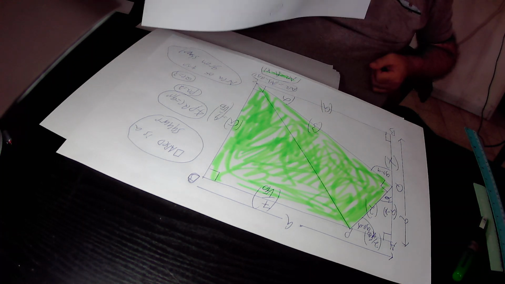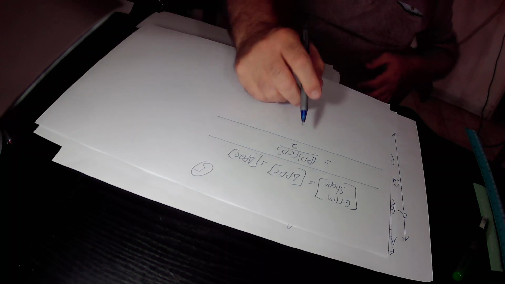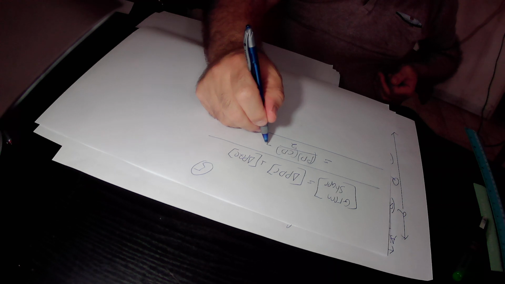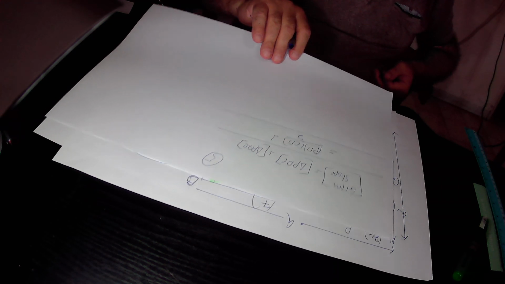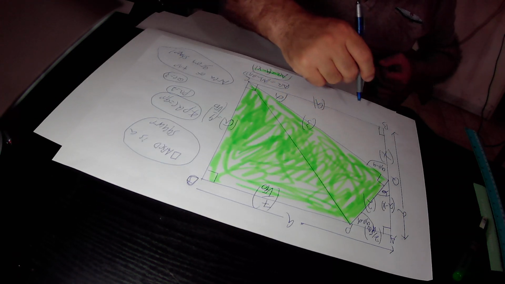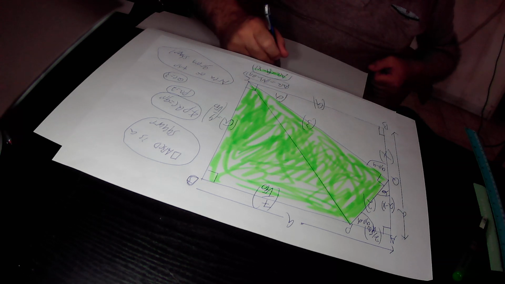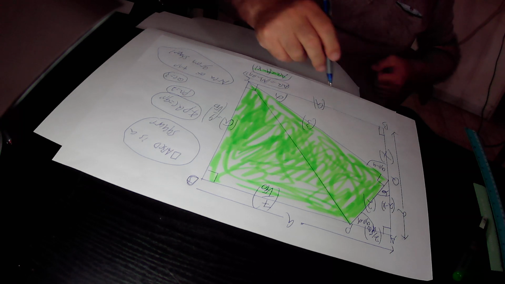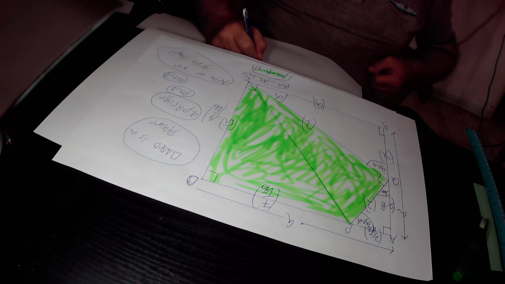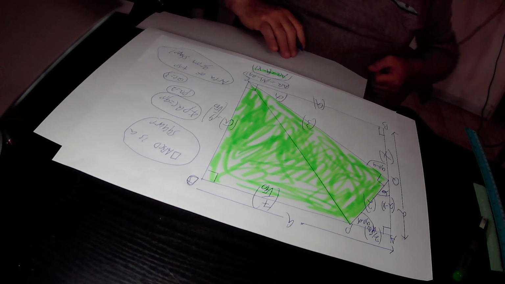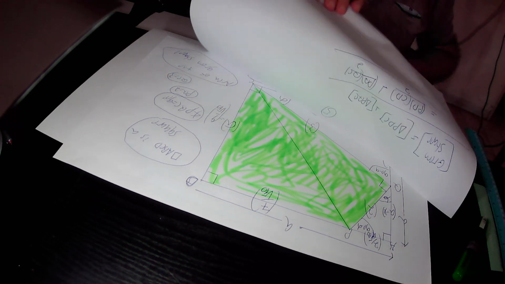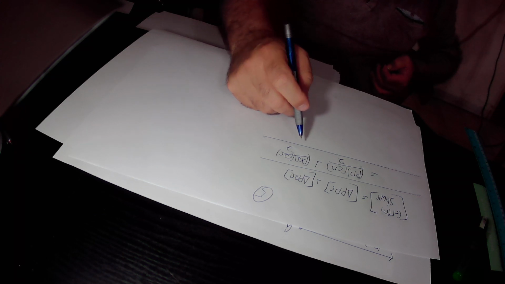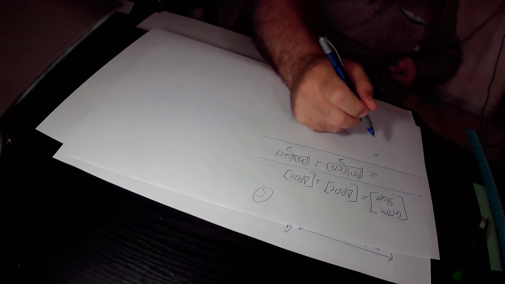And again, the area of the right triangle PDC equals the base PD times the height CD over 2, plus the area of the right triangle PQC. What is the area of the right triangle PQC? It equals the base, that is PQ, times the height, that is QC, over 2. So in total, the area of the green shape equals